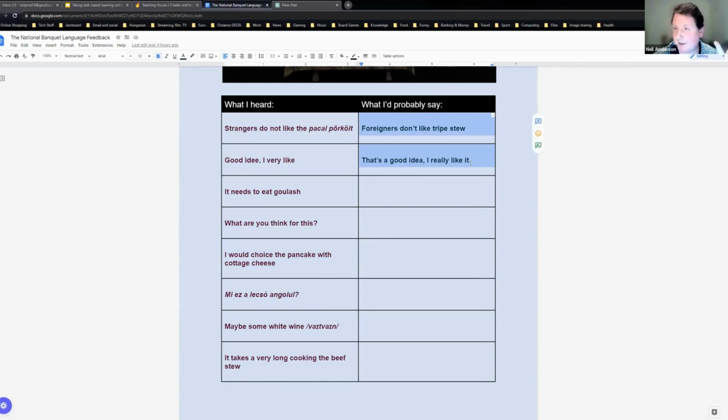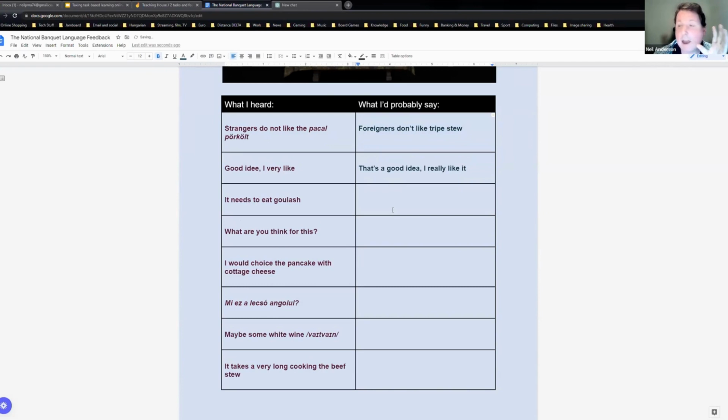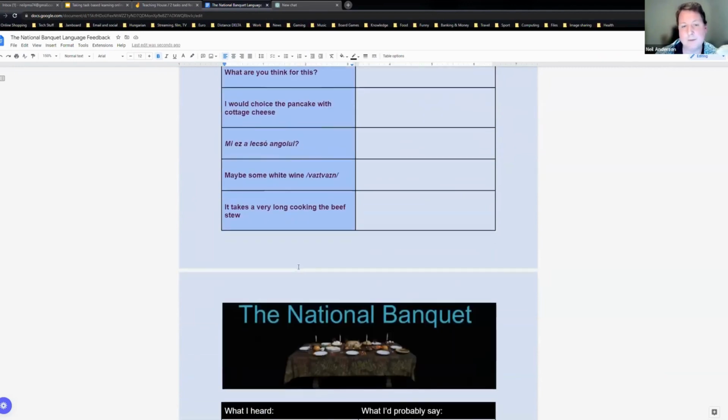It just so happens it came up in this task. So I don't know whether it has high surrender value for real life, but anyway, they wanted to talk about it. So I do a couple of examples with the learners, and then I say, if I have time, get back into groups and look at the rest of them. Can you think of a more natural, more accurate way to say that in English? They get together in groups and they try and help each other to improve this language.